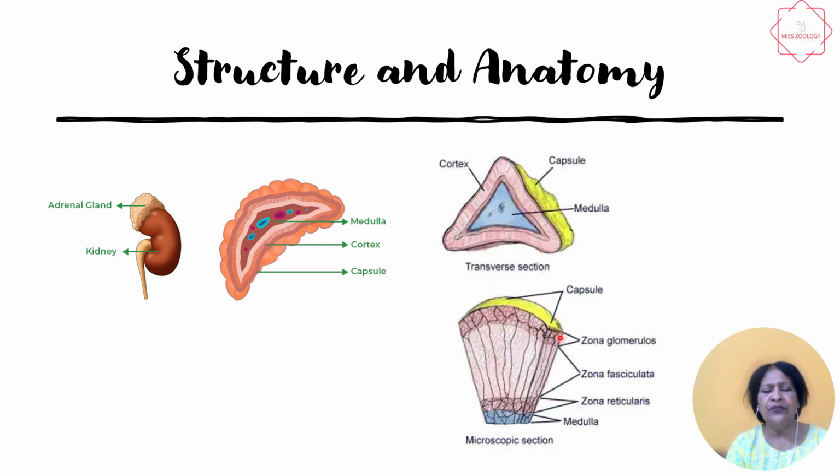The one which is closest to the capsule and towards outside is formed of zona glomerulosa. These cells are not very thick but usually in a shape of a circular arrangement of